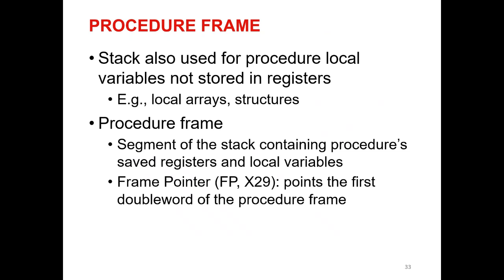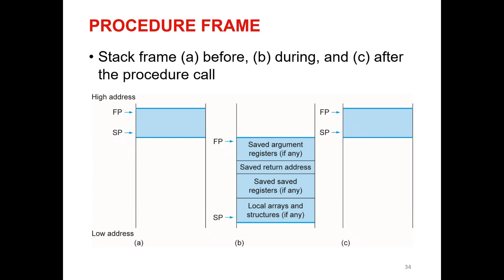And for knowing which space is being used by one procedure, apart from the stack pointer, we have the frame pointer. So the stack pointer points to the last element used, and the frame pointer points to the first element used. So with this, we have all the space used by a procedure. So imagine that initially the frame pointer is pointing here and the stack pointer is pointing here. And imagine that I start a procedure here.